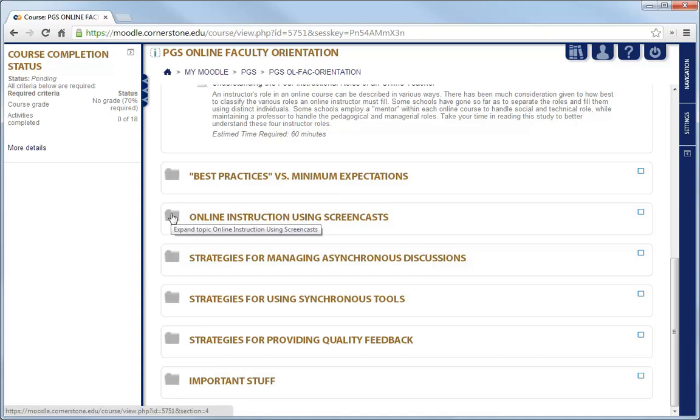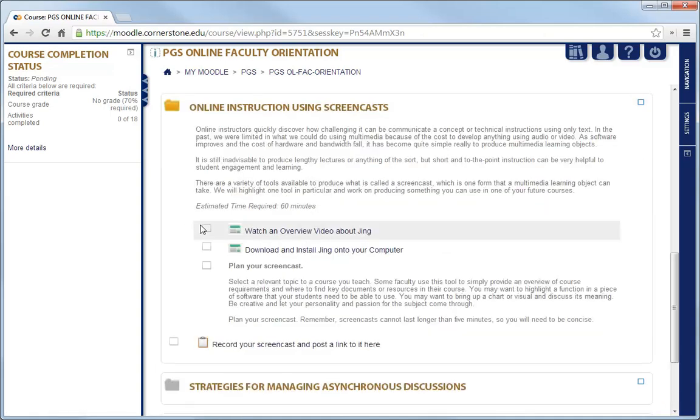The next folder includes directions for installing a helpful instructional tool called Jing. Something that has been challenging in online learning is the spontaneous ability to sit alongside someone and explain a concept or provide clarification using audio and visuals. Well, Jing is the tool we're going to look at in this orientation, and it's a free tool that allows us to create a quick and informal instructional element that you can use to support students that may be struggling with a particular concept or assignment.